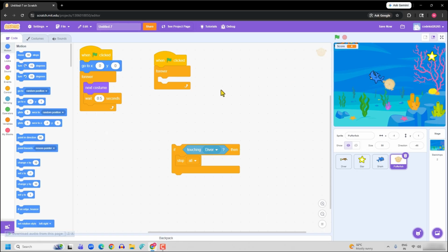So I will go to glide. Glide 1 seconds to random position. But I will not keep this one because it will be too quick. I will select probably 4 seconds. All right, so when we click on the green flag, it will start from 0 0 and randomly move to different positions,